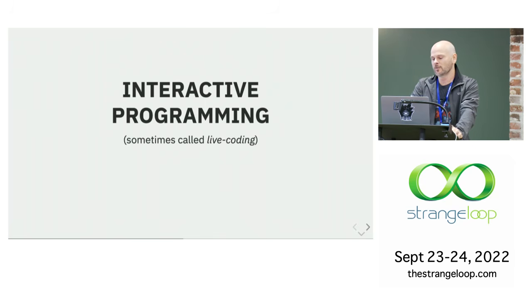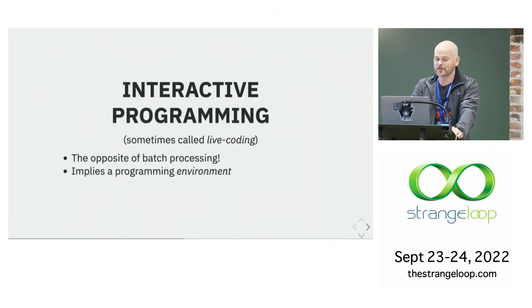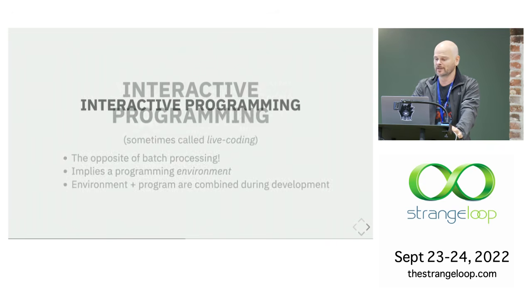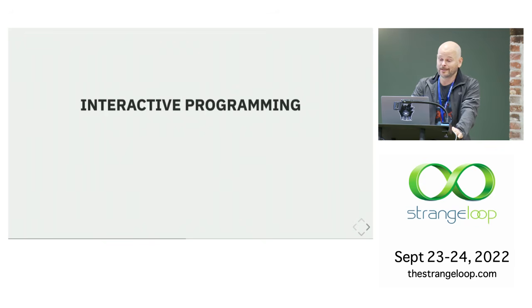And this is when you code with what Dan Ingalls refers to as liveness. It is the opposite of batch processing. Instead, there is a programming environment there, and the environment and the program are combined during development. So what does this do for us? Well, there's no compile and run cycle. You're compiling inside your running program, so you no longer have that feedback loop wait. It doesn't start with a blank slate and run determination.